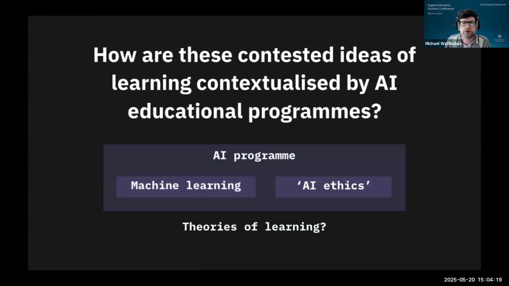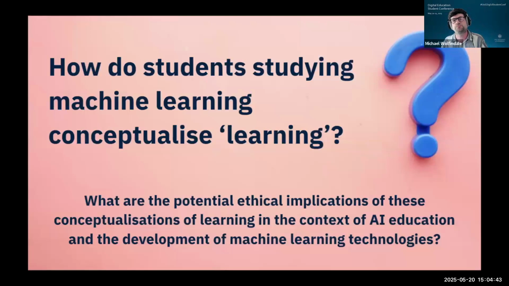When, for example, reinforcement learning is introduced as part of machine learning courses, are these behaviorist ideas of learning taken for granted? Are other ideas of learning considered? And what broadly might be the ethical implications of privileging one idea of learning over another? And could such ethical considerations be part of efforts to more deeply integrate machine learning with ethics and critically consider what learning theories are prevalent in the development of AI technologies?